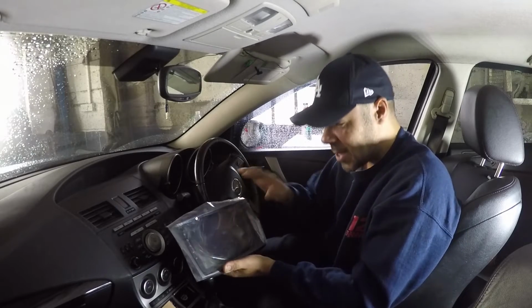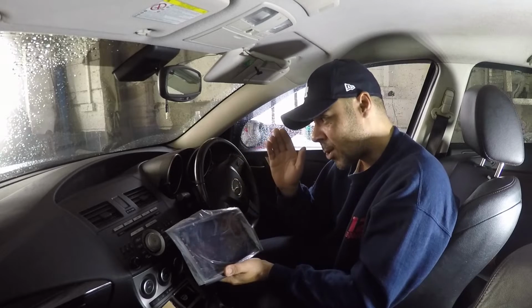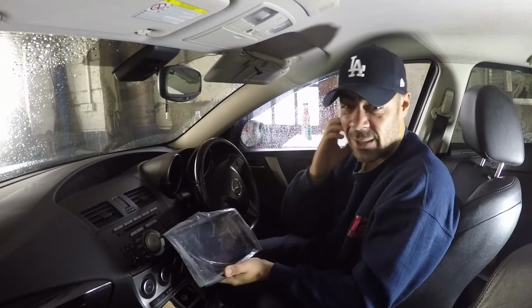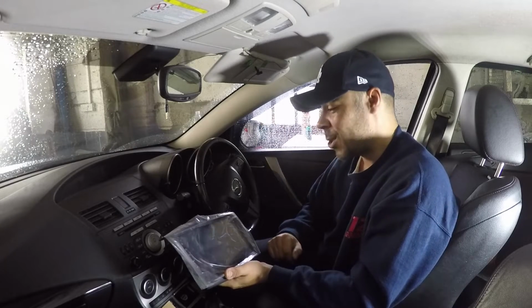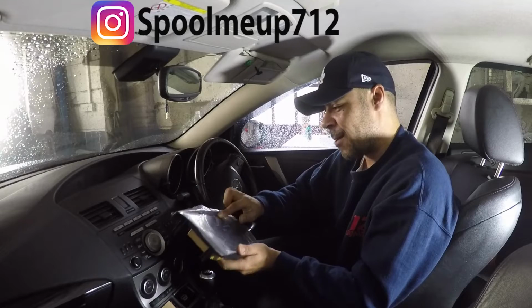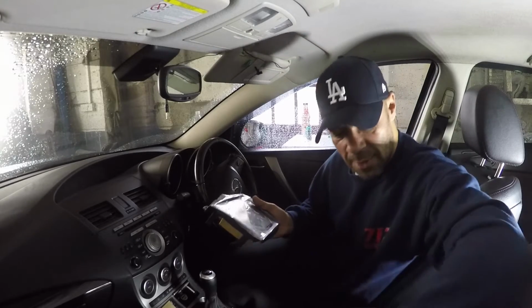So this is supposed to be direct plug and play, so hopefully it's going to work first time, because the electrical side of things on cars is not really my strong point. So we're just going to install this now, and we'll see how easy it is to install, and hopefully it's going to work. Got a whole host of other stuff in here